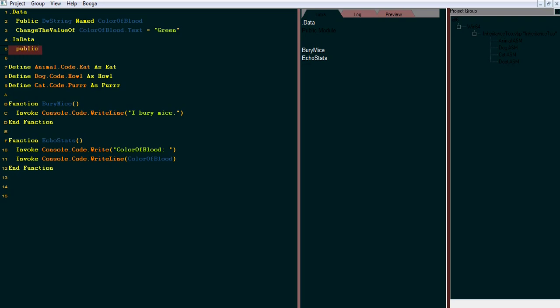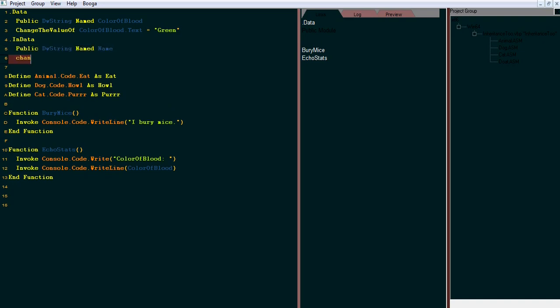And let's just do this, and you can. It's not that difficult. I am going to use an object from the runtime called DWString, and it's going to be called name. And I'm going to change the value of name.text equals Adam. And the reason I'm calling it Adam is because the first man was named Adam. And this will be the first object, the first dote. I'm going to name him Adam as well. And I'm going to leave all that the same. When it comes down to echoing stats,